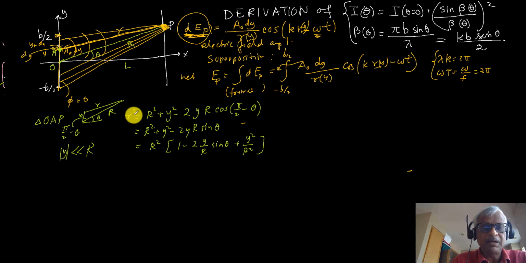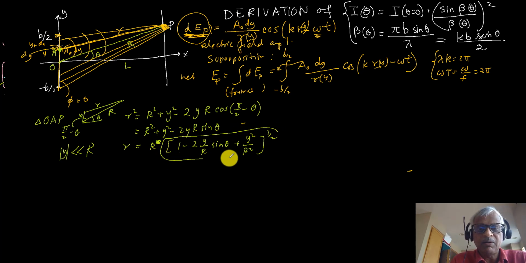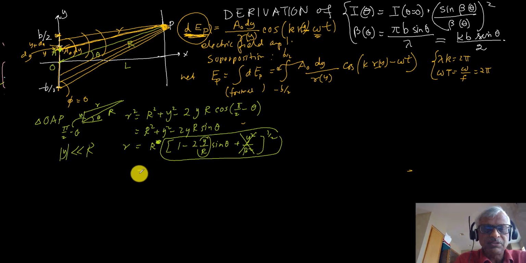And now we get r, so r will be just R times the square root of this. And this we can expand up to 1 power in y over R. So this is 2 powers, so I can just kill that compared to this. And so this is just R